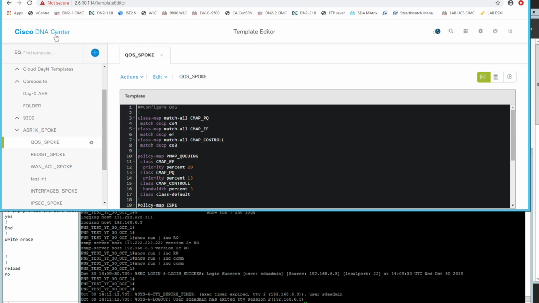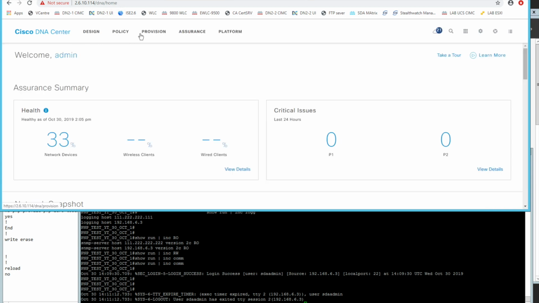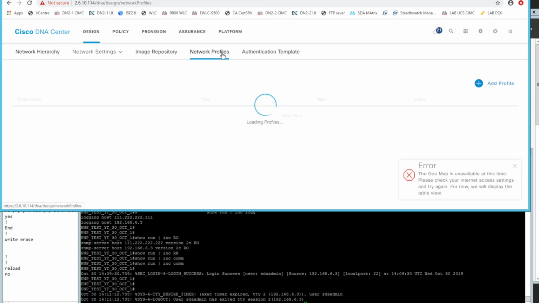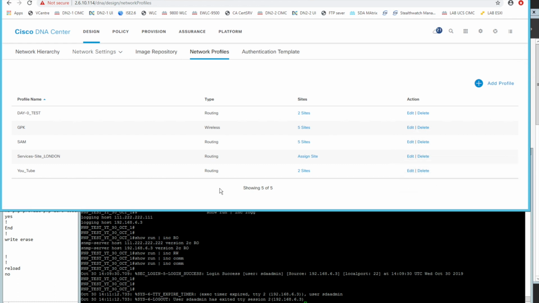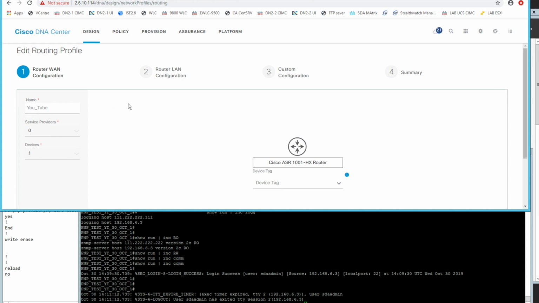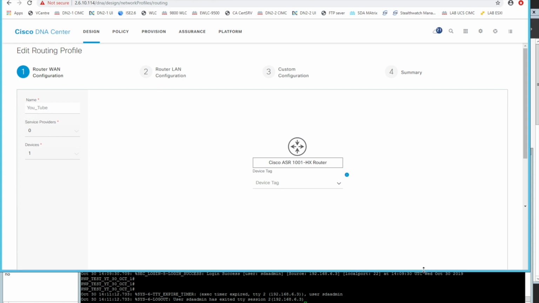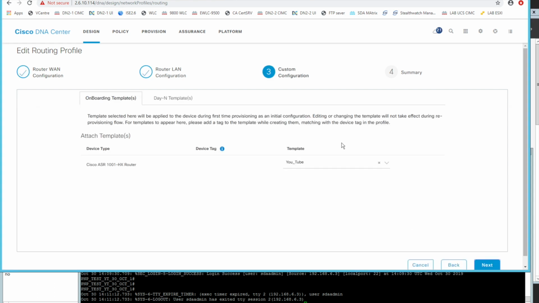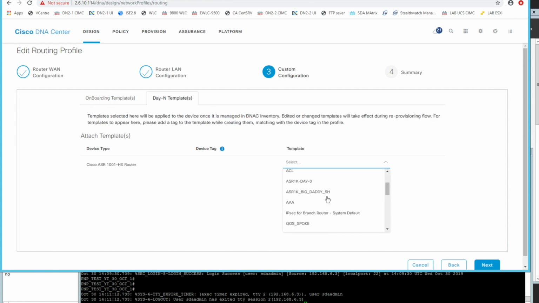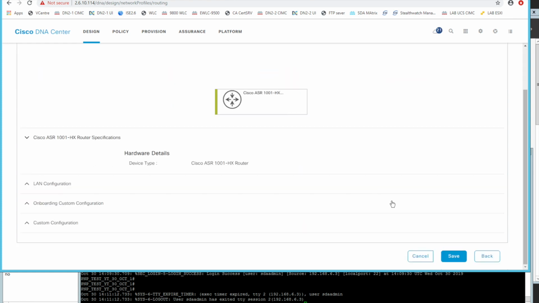So what we could do is go into our design network profiles, and under the routing profile, if I edit it, skip through the steps up to the templates, custom configuration, find the day N templates, and I can find my QoS template. So this is day N now, and if I save this,